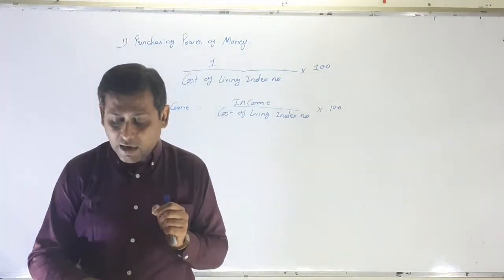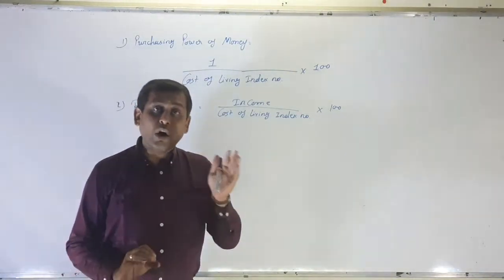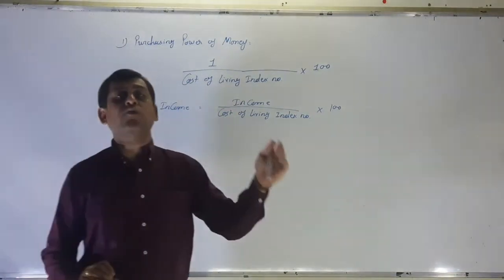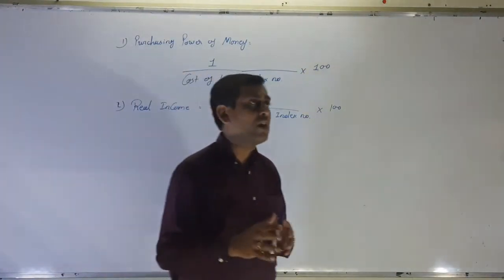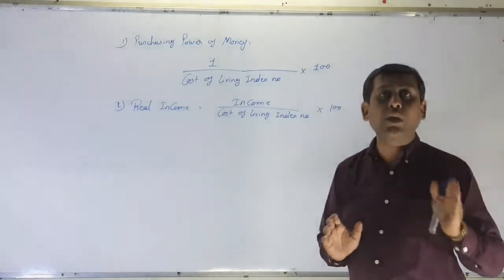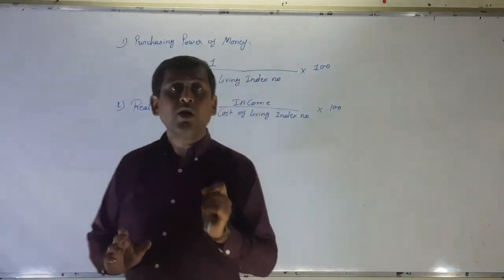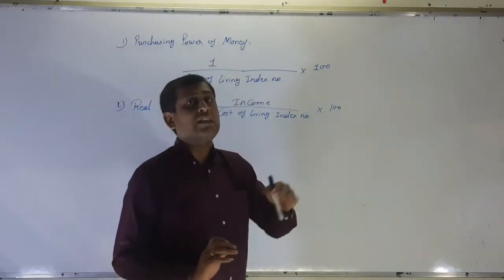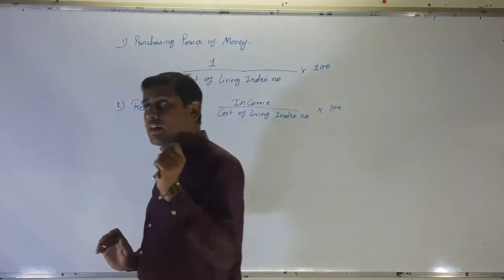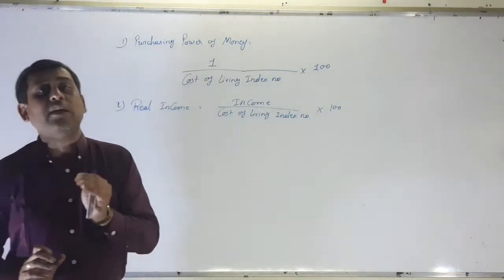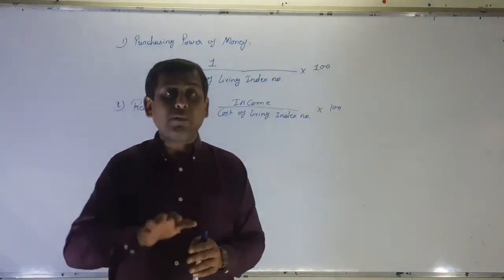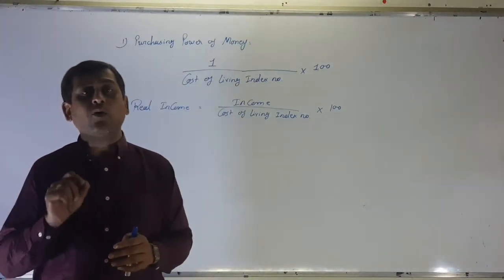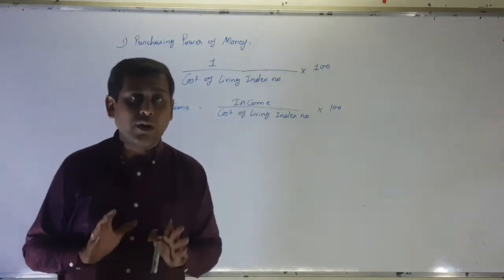The question asks that here we have to find the cost of index number for the year 2015 on the basis of 2014. Whenever the base is not given, that means when the index number of the base year is not given, then you have to take 100 as a base. And to find out 2015, that is the next year index number, we have to increase 90%, 120%, 70% into the base year index number. That means we have to add that particular amount to 100 and we can find out the new index number for the year 2015.